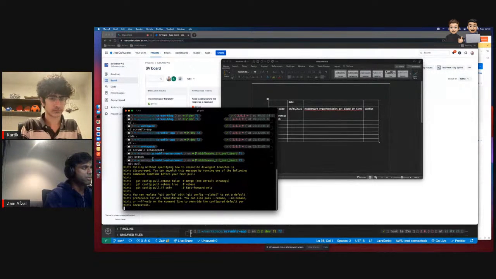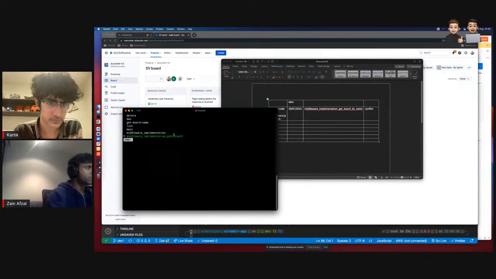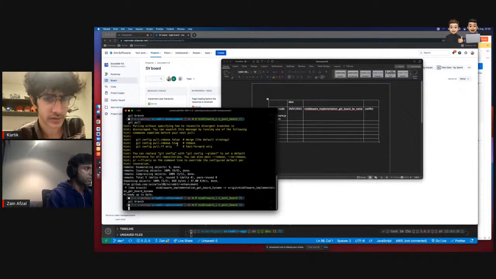Okay, interesting. It did mention that it inserted the new branch. If I do git branch, now you've got the new branch. Already up to date.